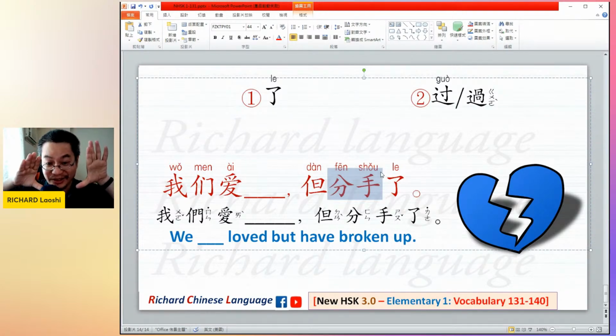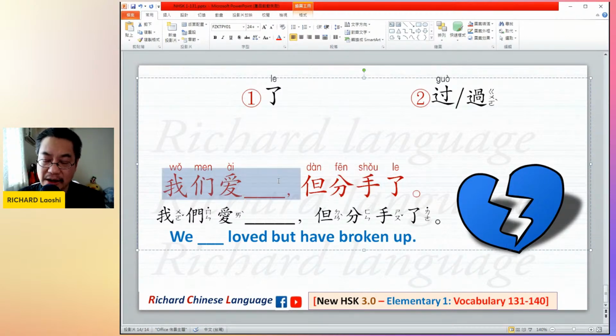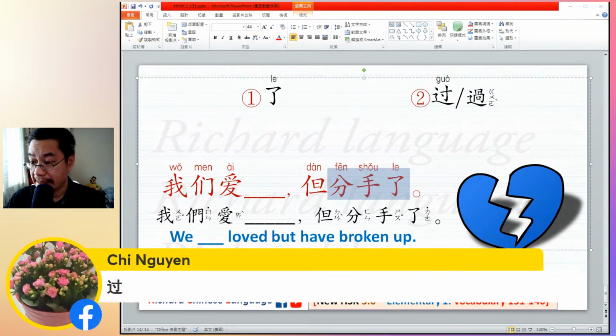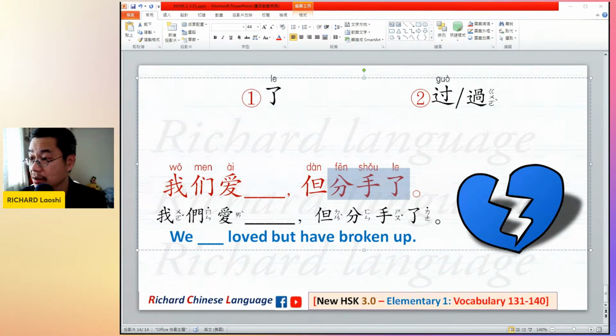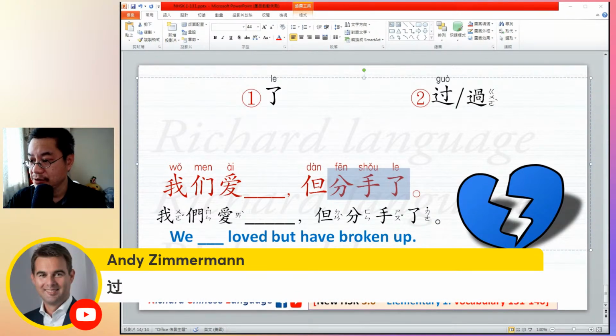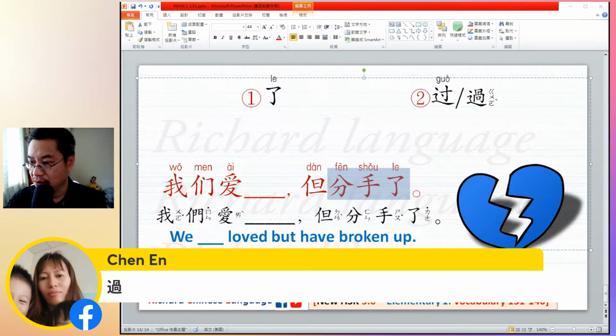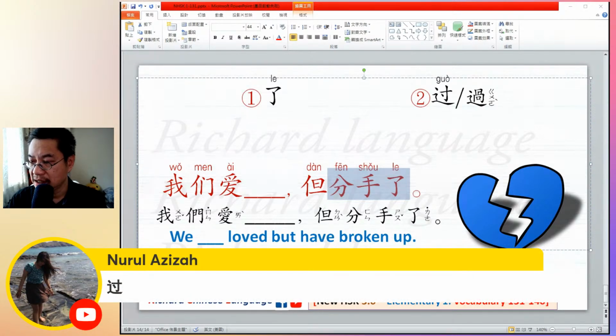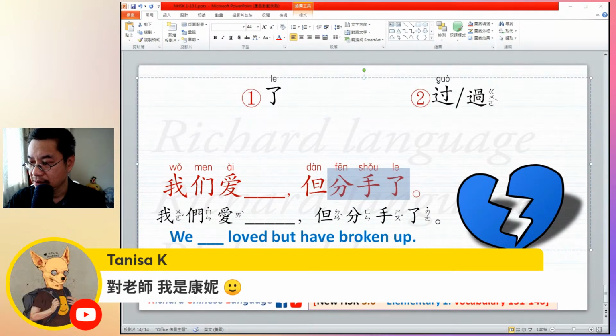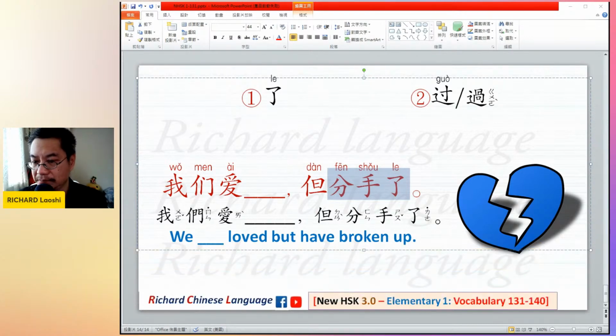In Chinese, literally it means separate your hands. 我们爱了 or 我们爱过，但分手了。